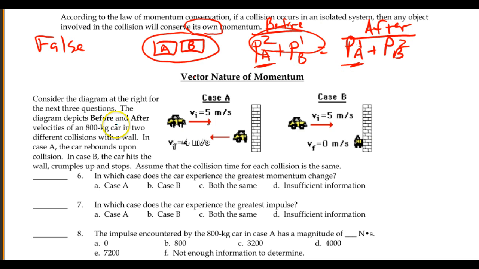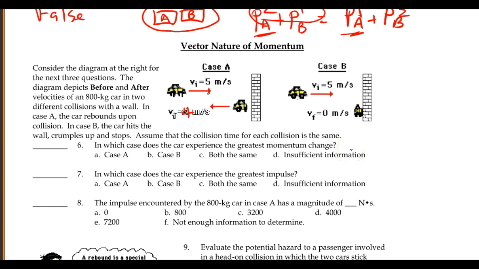So if you look at this situation here where an object is bouncing off a wall, so this is it's hitting into the wall at 5, and then it's coming out from the wall at 4. Compared to the same car, same mass, same type of car, which goes in at 5 and then sticks to the wall. We'd like to figure out which one would have the greater momentum change. Now, most people first looking at this would say, well, it went from 5 to 0. That's a delta V of 5 meters per second. Whereas this one went from 5 down to 4. That's only a change of 1 meter per second.